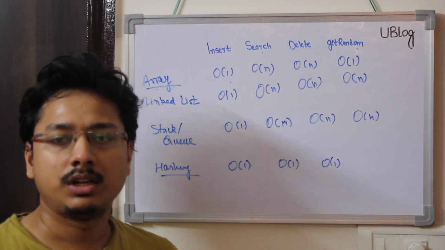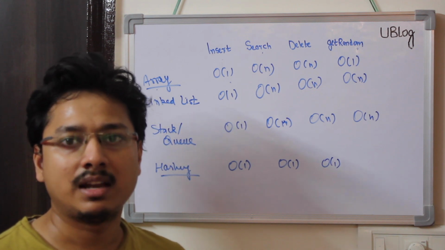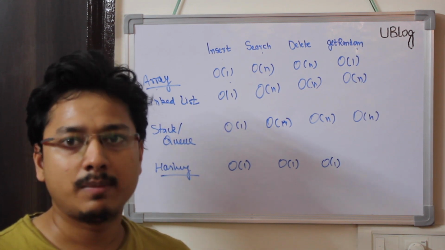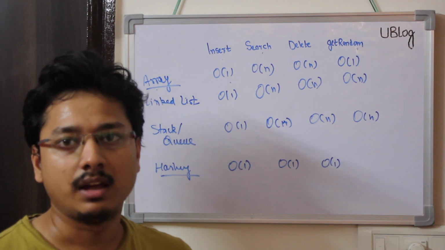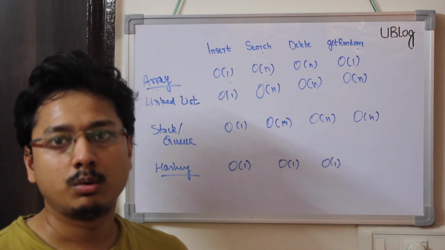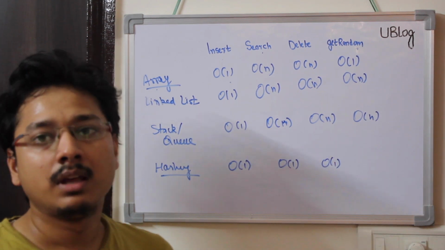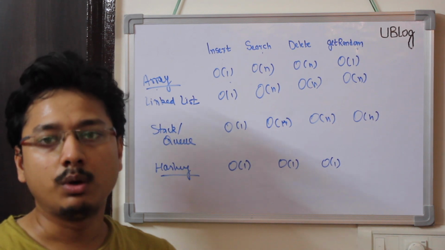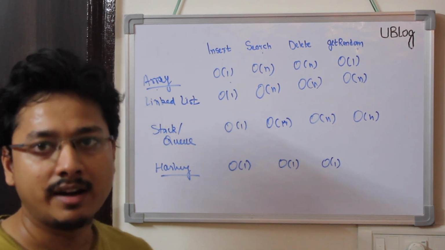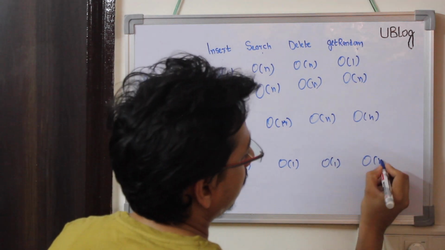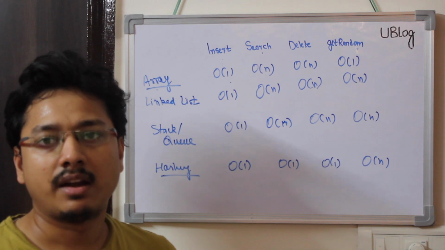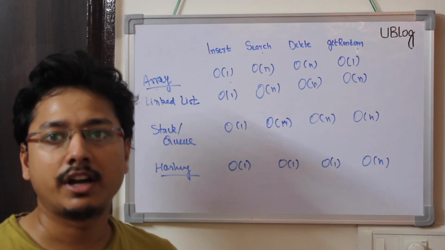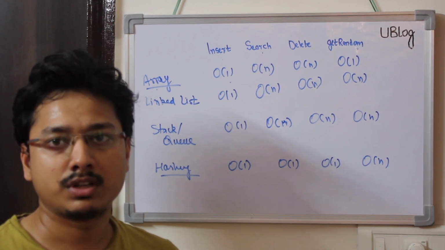There is no possible way to find a random element in a hash map, because the values are not present at a specific index, like in the case of an array, which we can reference randomly. So the operation get random in a hash map will take O(n) time because we need to iterate over all the elements and then return a random element. So it looks like none of the possible data structures we have can fulfill our use case, and we need to generate a new data structure which can.